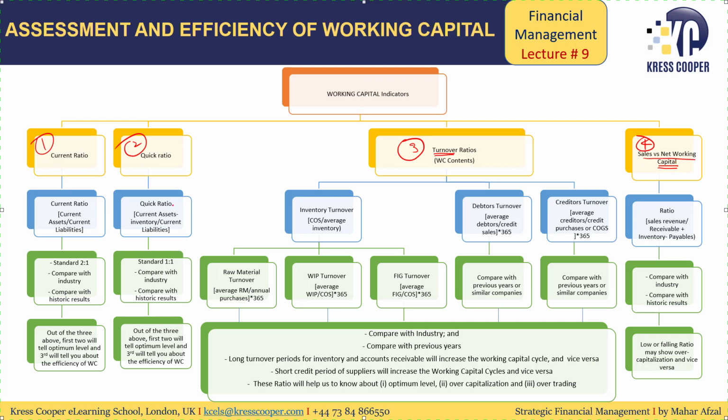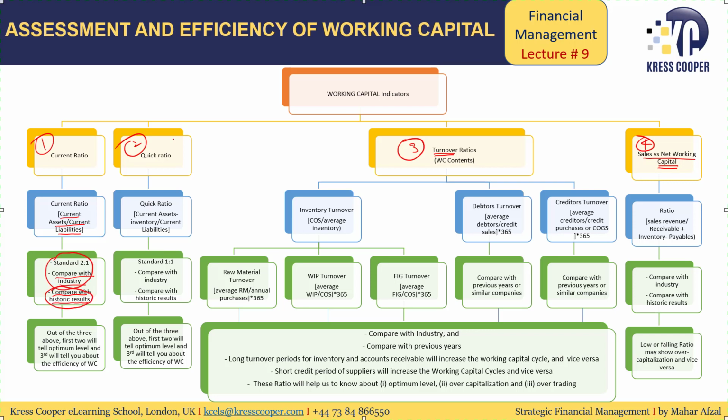So first of all is current ratio. As we know, current ratio is equal to current assets divided by current liabilities. If current assets are double the current liabilities, usually this is assumed in the industry to be the optimum level of working capital. Moreover, we will compare with the industry as well to know the optimum level of working capital and the efficiency of the working capital. Third, companies need to compare the results with the historic results to know the efficiency of the working